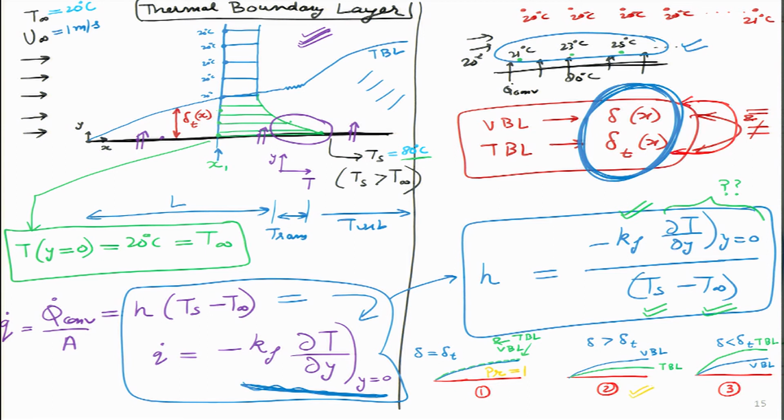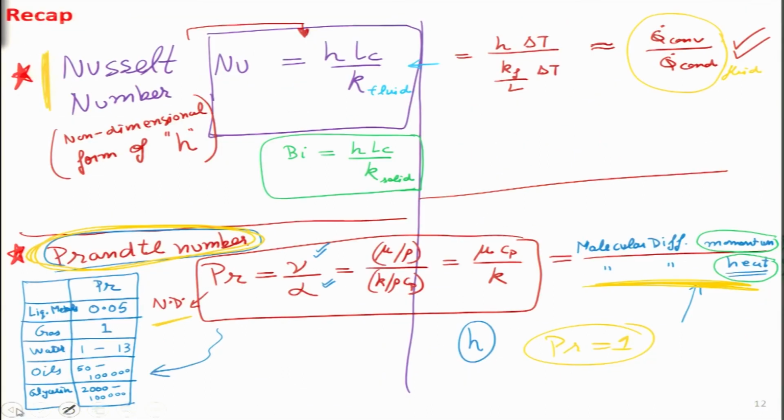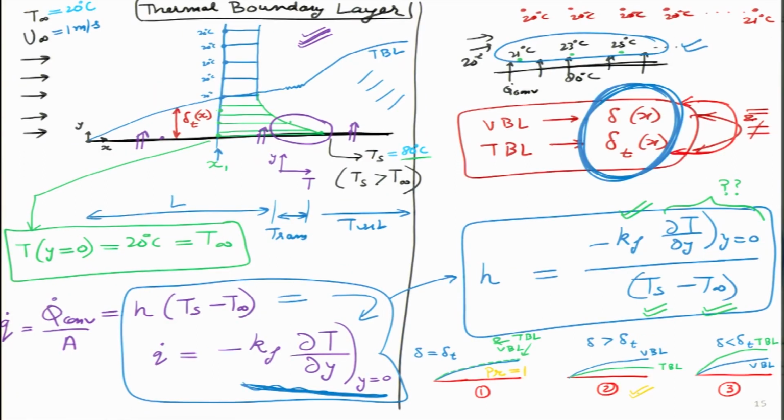For what type of fluid do you think it will happen for case 2? Let us go back 3 slides. So, we will go back over here and we have a list of so many fluids. Let us take 3 extremes: liquid metal on the top, then water in the middle, and then glycerine at the bottom. So, we will remember liquid metal has low Prandtl number, water is in the middle, glycerine is the highest. So, what do you think is the fluid in case number 2?